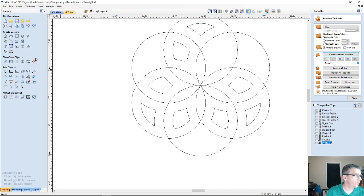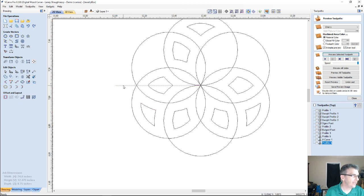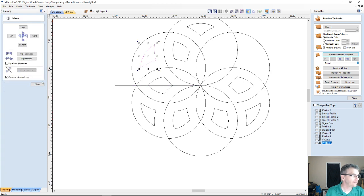I got to draw some more. 1 more. 2 more. I'm going to draw a line here. Actually, here. And if I was smart, I could have drawn it all the way to the other side, but that's okay. Select this and this. Whoops. Always hold your shift key when you're selecting more than one item. To get that there, I'll move this down, select this part and this line,